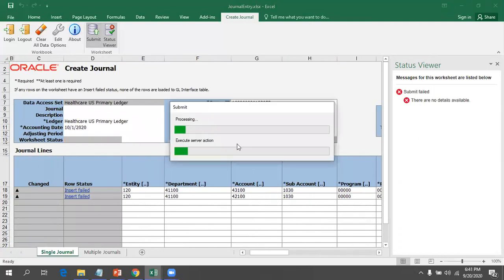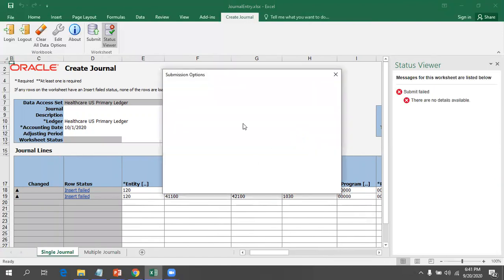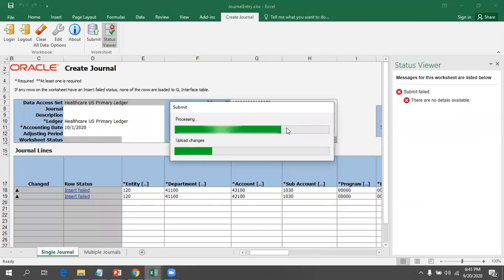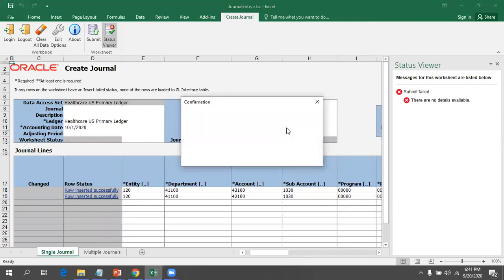I'll click on submit again. Okay, as with validation, it is always best to select the validation option and perform the sign. Okay, now the data is getting inserted and it provided a job ID, ESS job ID, or nothing but a process ID.